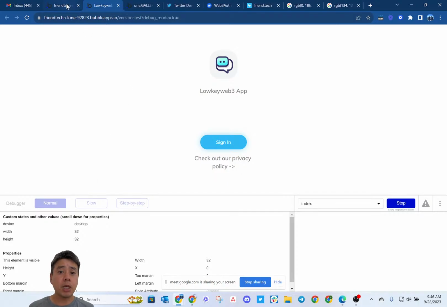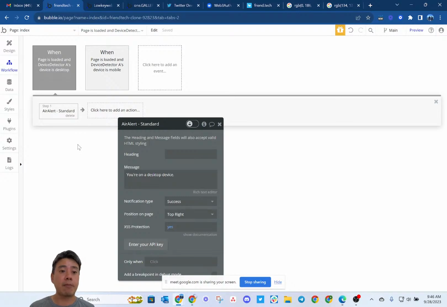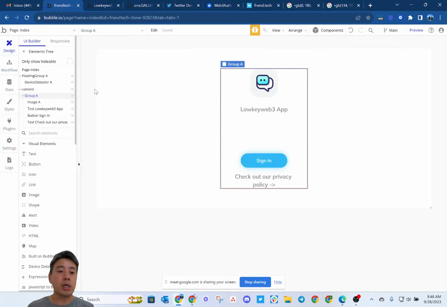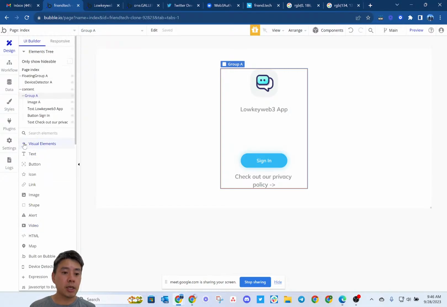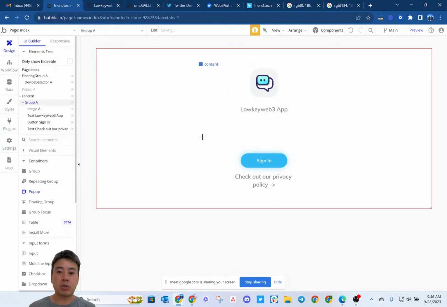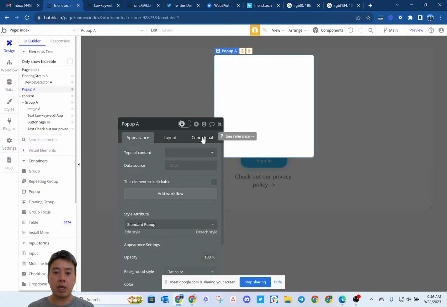So we can detect now if it's desktop. And then, for instance, if it's desktop, what we can do is launch a pop-up, right? And again, this is getting a little bit of a sampling of all the things in Bubble. So drop in a pop-up. This will start with a pretty standard look and feel. But what we could put here is,